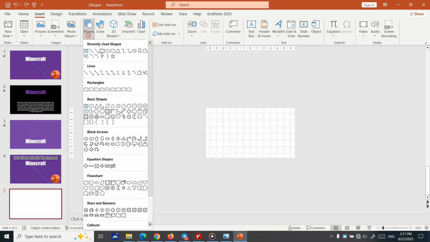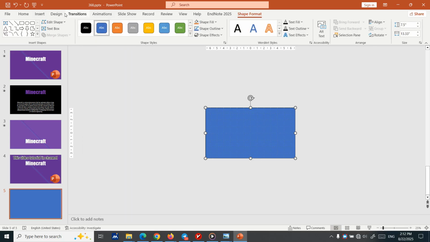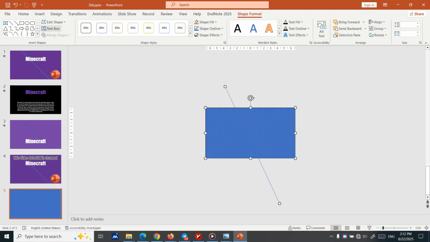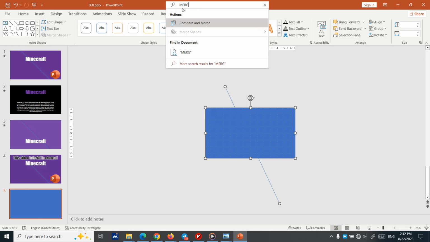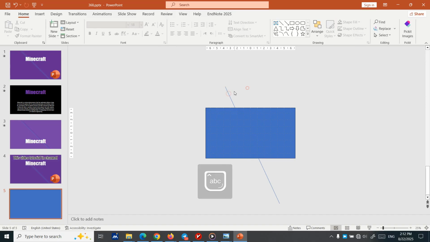We at first need to enter a rectangle. Then, softly we think, when we enter a line and select everything and go to shape format, and then go to merge, you see we can't find it. But if you call here for merge, you also can't find it. So what we should do is that you need to